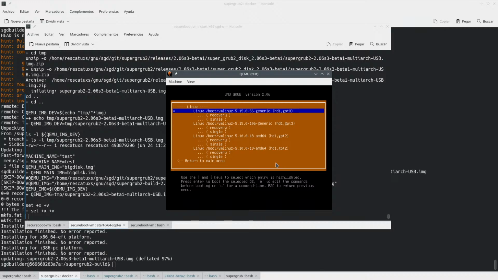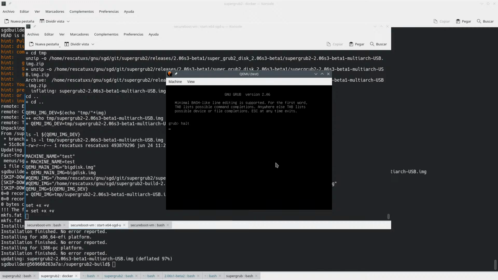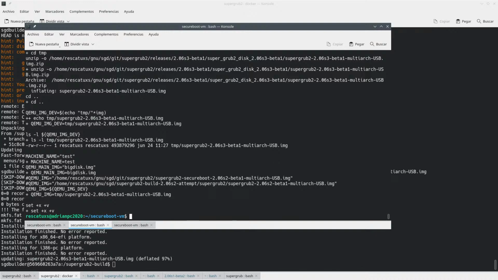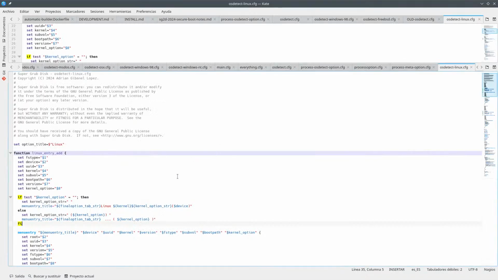Yes, we could group by partitions, but right now we are focused on this thing about having special boot entries done in such a way that it's easier to find them grouped on. So